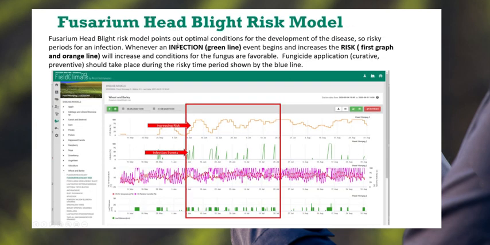So the first model, the Fusarium head blight risk, has two things. It looks at infection events, which are defined by the green line on the screen. And as those events begin and increase, we can see the risk begin to increase as well. So we need infection events, which are driven, of course, by high humidity, optimal temperatures, and leaf wetting period. No precip in this model. And so a fungicide application should be taken or applied during these high risk periods